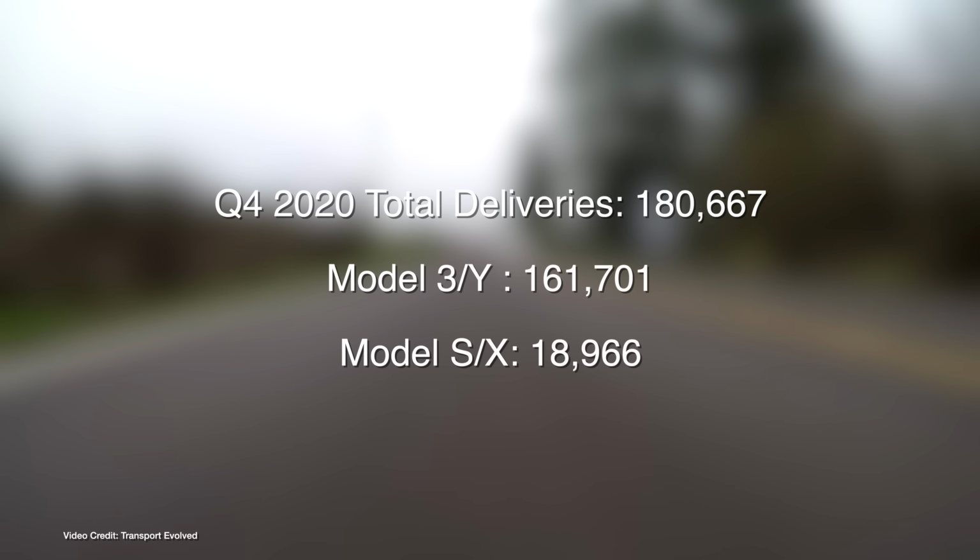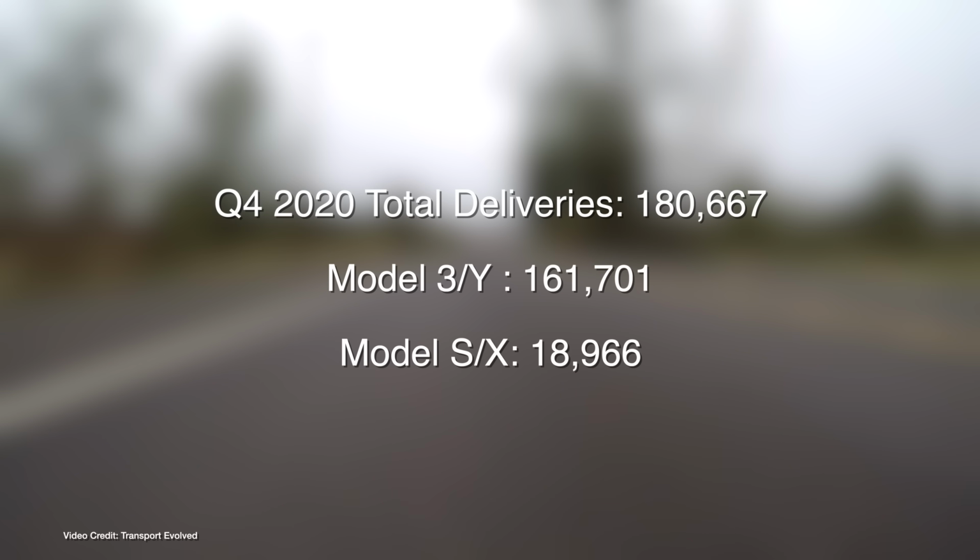This pushes Tesla's yearly production for 2020 to 509,737 cars, which is an amazing achievement that is far in excess of any previous record that Tesla has set for production. For deliveries during the fourth quarter, the company managed to deliver